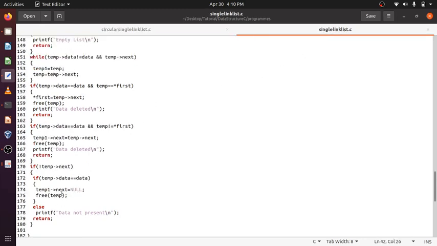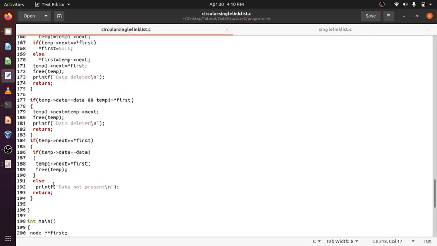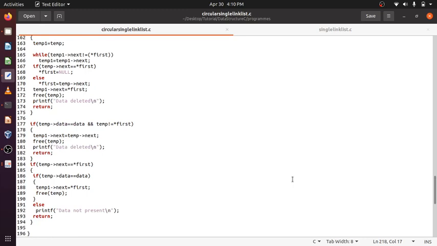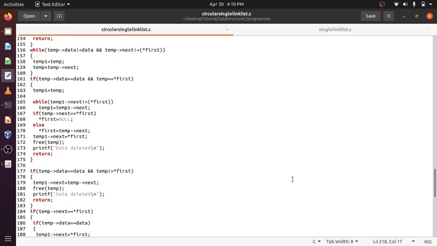Temp1 next is first, free temp, else data not present, return. This is the deletion part.